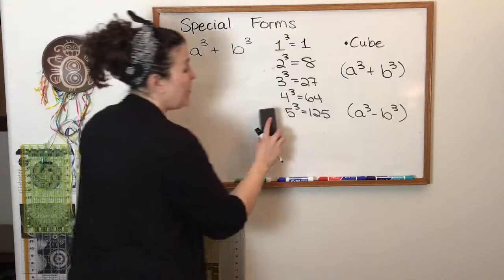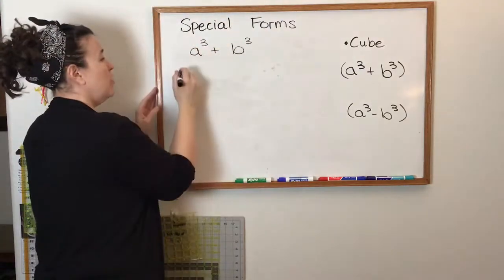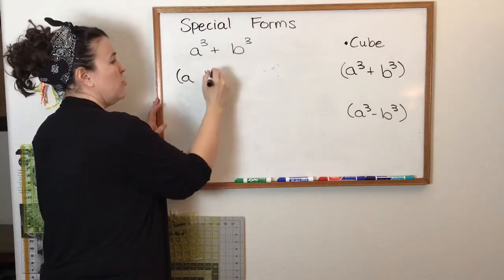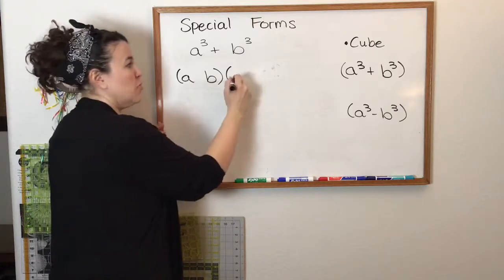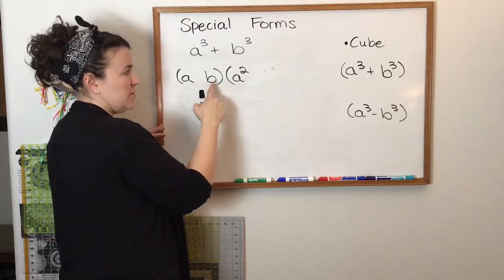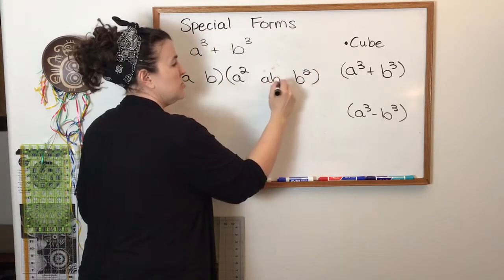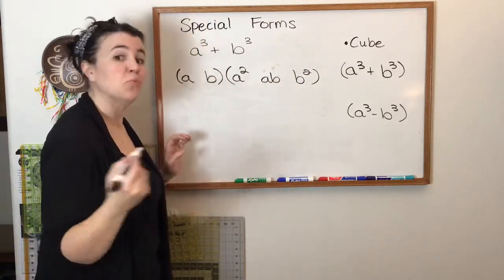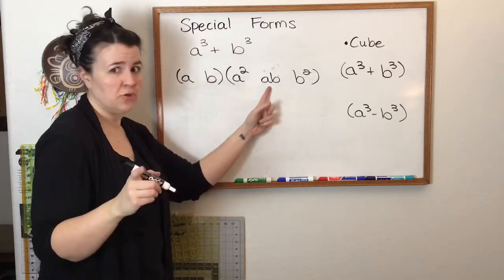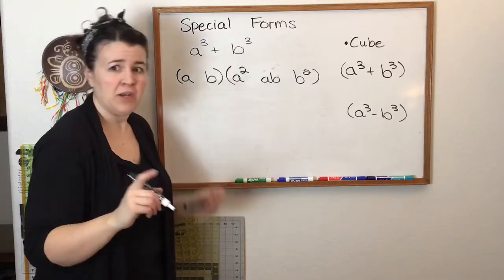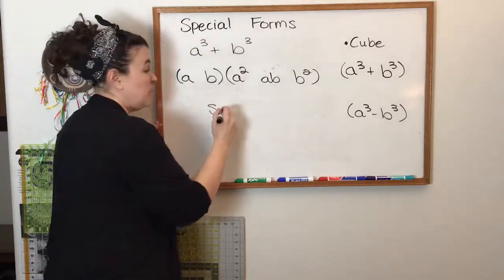All right, so the pattern then becomes the cube root of the first number and the cube root of the second number. Then you take the cube root of the first number squared, the cube root of the second number squared, and then the middle term becomes those two just multiplied by each other. So it weirdly looks like a perfect square trinomial, but it is not because the middle term is not doubled. Now, you might notice I did not put signs in there. That's because the way that, and some genius, good for them,